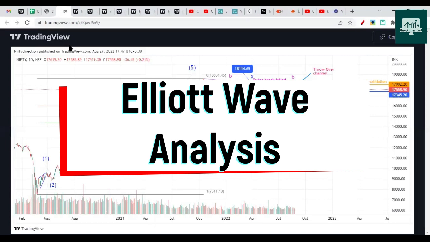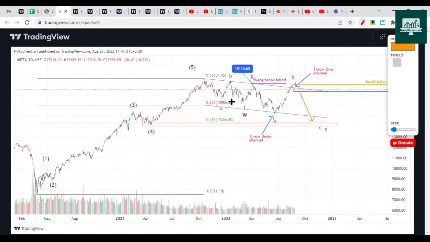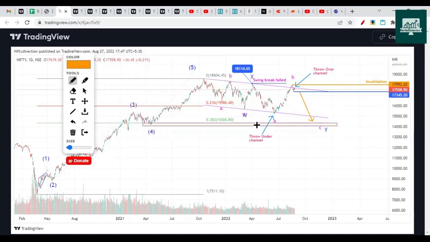So in Elliott Wave, we discussed previously these charts. We'll go through them one by one. We mentioned that we could be in a WXY correction, and whenever the 5-wave sequence completes, at least it heads towards the 4th wave's low. There is no guarantee that it will head towards that, but you can also notice the 0.32 Fibonacci, and we are expecting a minimum 15,000 or 15,183 break. It could touch 15,000 and then pull back, and this should be the last leg of the fall, after which it can break out.